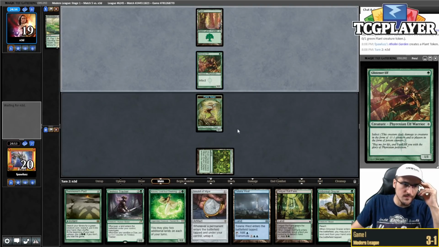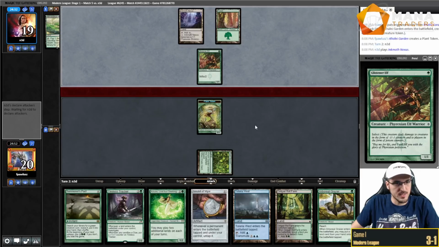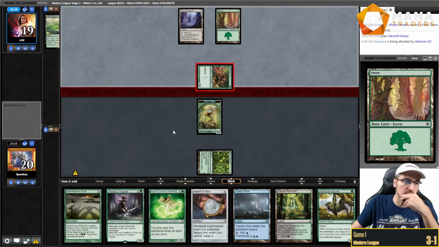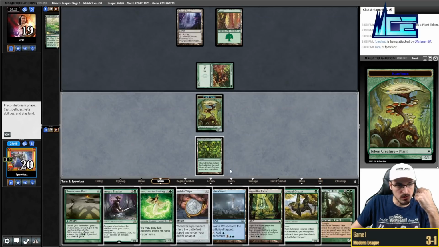Gonna block your dude. That doesn't cast Blighted Agent. I think I'm taking this hit because there's nothing that can kill me from here. Okay, so